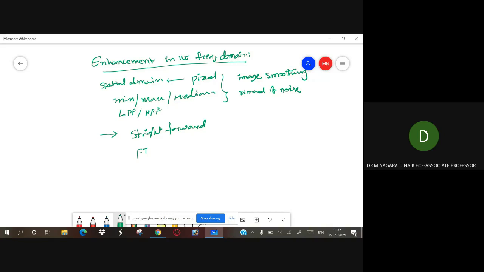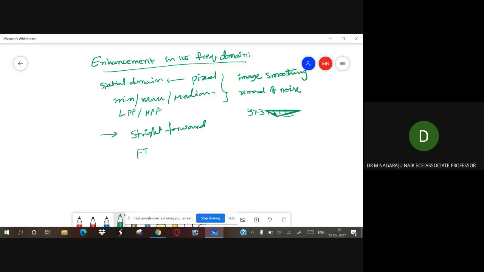But in the spatial domain method, we directly considered any size of matrix or mask, a smaller mask, that is 3 by 3 or 5 by 5, and then applied it. But in the frequency domain method, we cannot directly operate on the pixel.